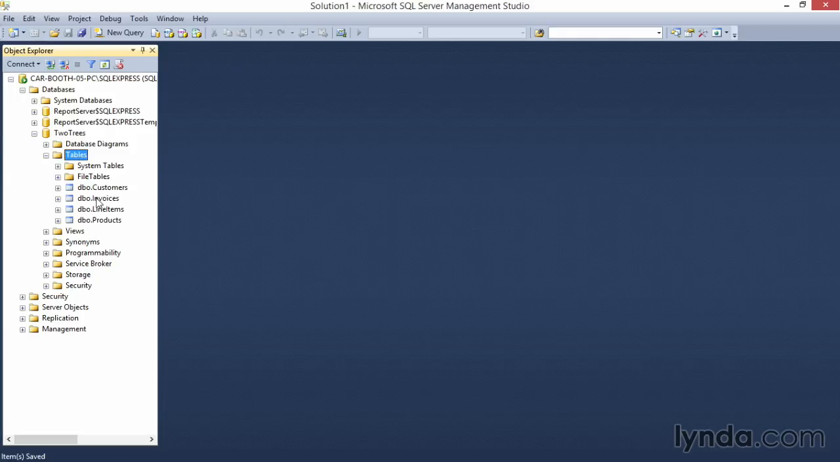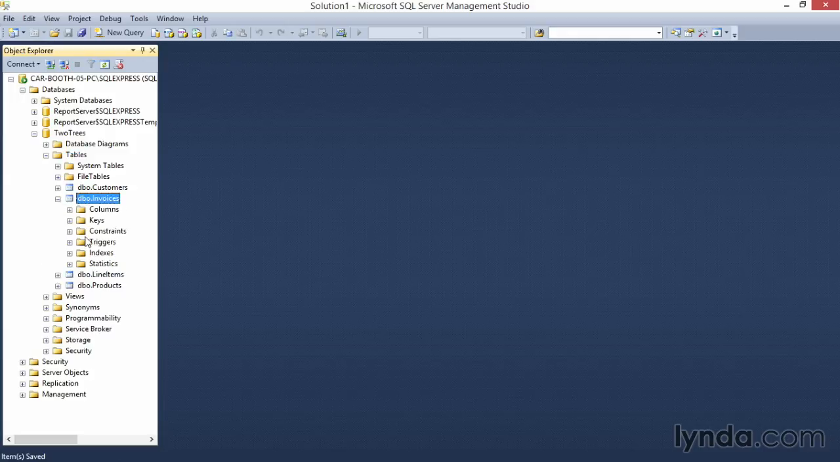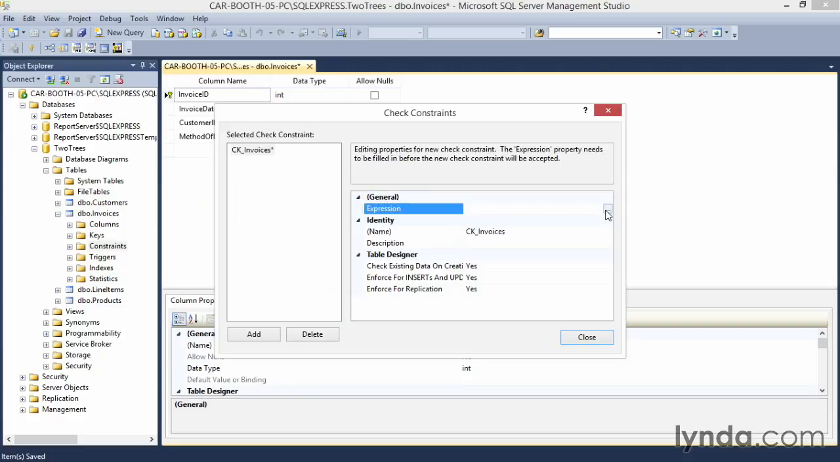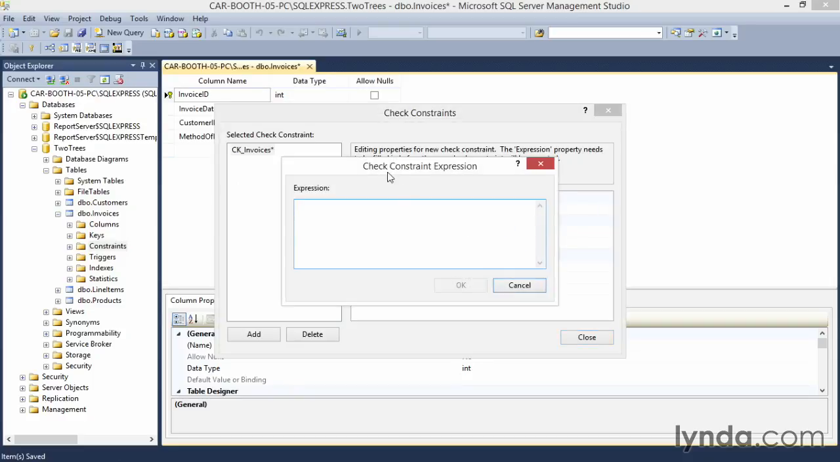the invoices table. To do that, I'll go to my invoices table and I'll expand it open. And I'll right-click on the constraint folder here and say New Constraint. Then in the expression over here in this window, I'll press on this little builder button. That'll bring up this check constraint expression area where I can type in the values. And I'm just going to type in a little bit of code here that says method of payment